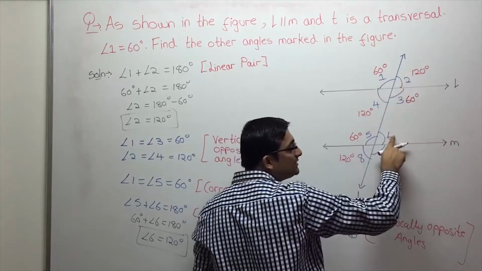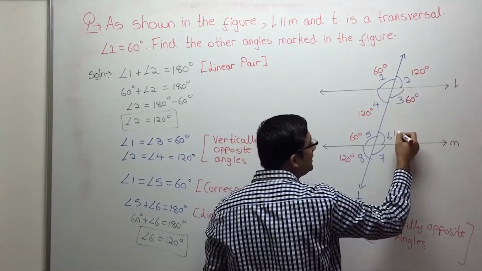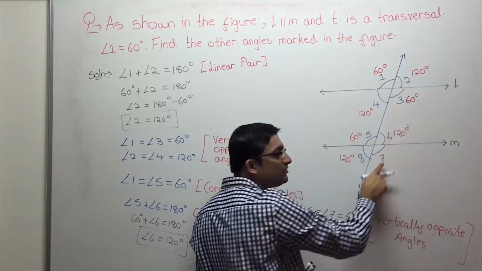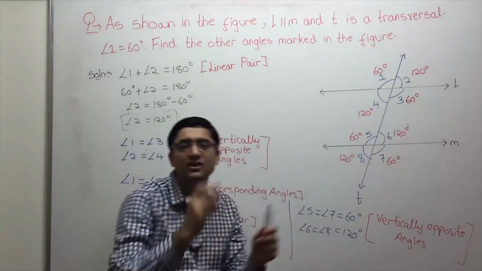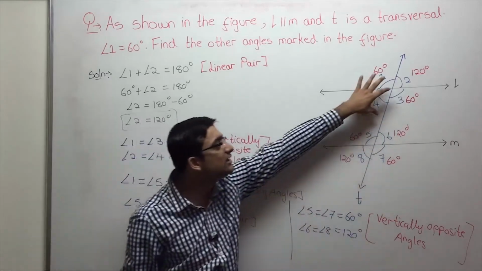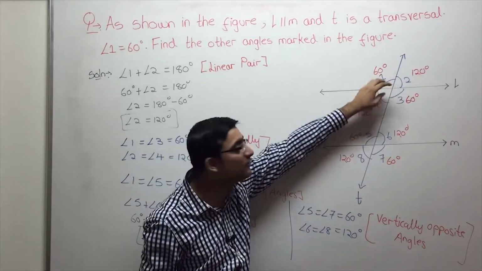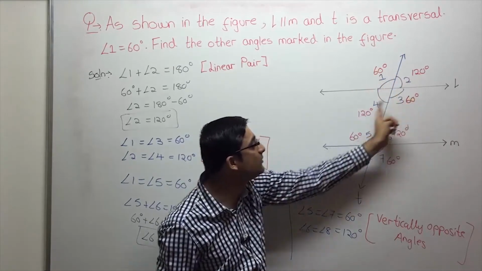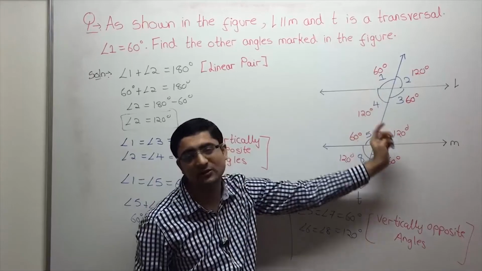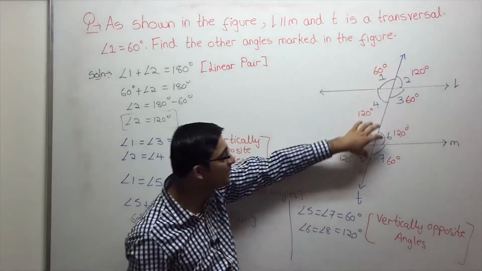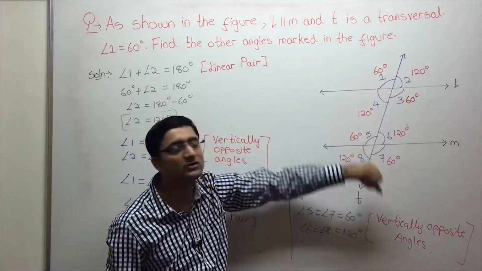Similarly, angle 2, angle 6 are corresponding. So if this is 120, this is 120. Angle 3 and angle 7 are corresponding. If this is 60, this will also be 60. Even a quicker way, right? So once you get these 4 angles, it is the exact same over here. See, 60, 120, 60, 120, 60, 120, 60, 120. That is corresponding angles are equal. So just get these 4 angles, write down all the pair of corresponding angles, you get these 4 as well.